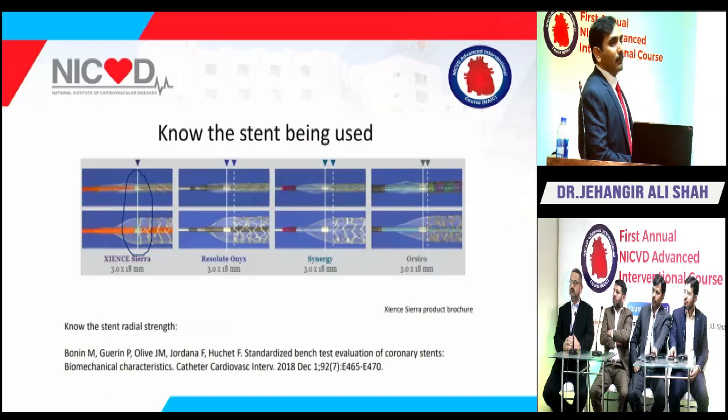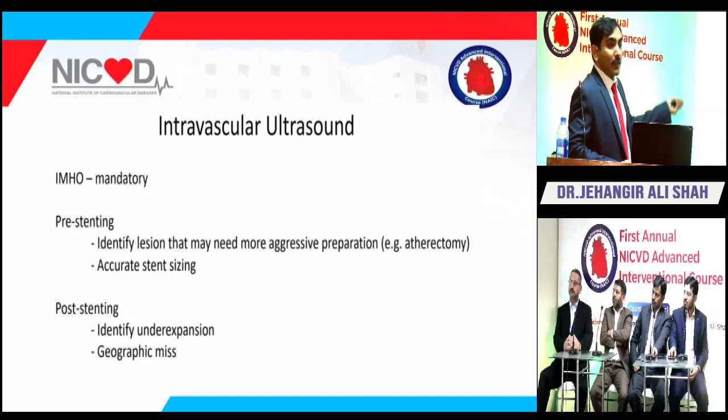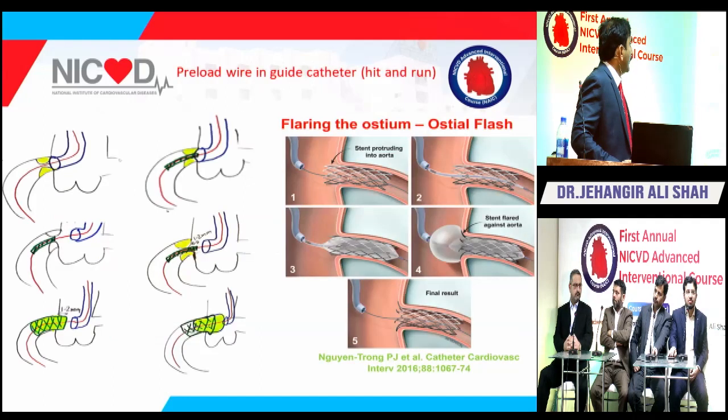While you are performing stenting of the aorto-ostial lesion, you should know which stent you are using. You can see the Zion's stent starts from the proximal marker, and the rest of the stent is seen after the proximal marker. IVUS is also very important to see the geographic miss of the ostium. You can see the under-expansion or any complication,